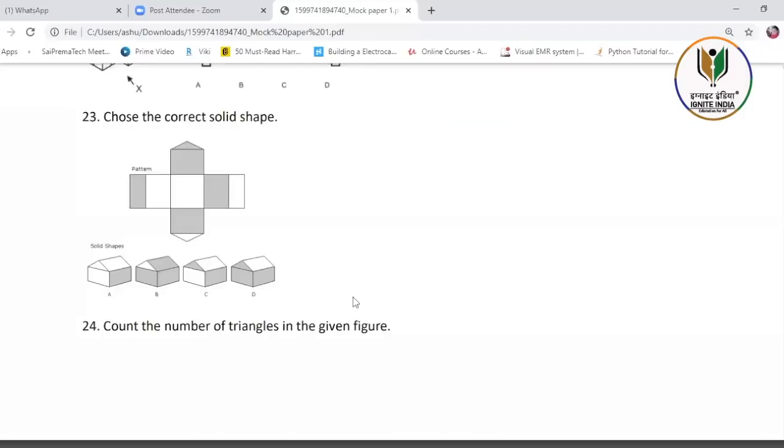Next one, you can see the correct solid cast. Okay. Now, I know this will be a bit difficult to visualize, but you can try it like this. Now see this part, the unshaded portion is here, this part. Okay. So this part will come. Okay. So this one, the answer will be D because in all the other options, you cannot get it in the same frame. For example, this one and this one are opposites. So you cannot get it in the same frame. Okay. Answer is D.